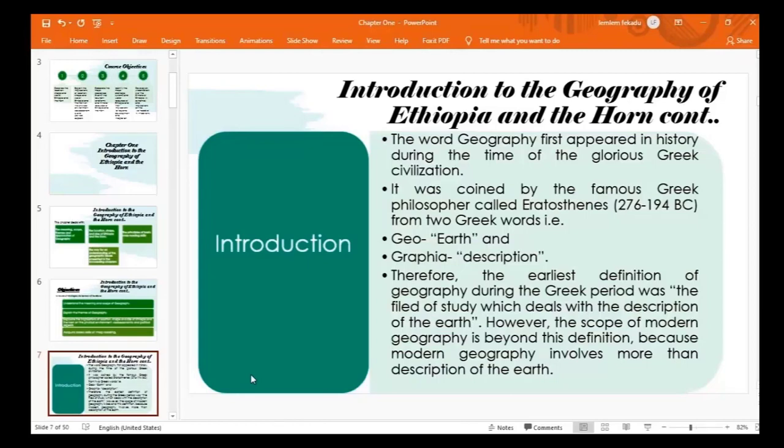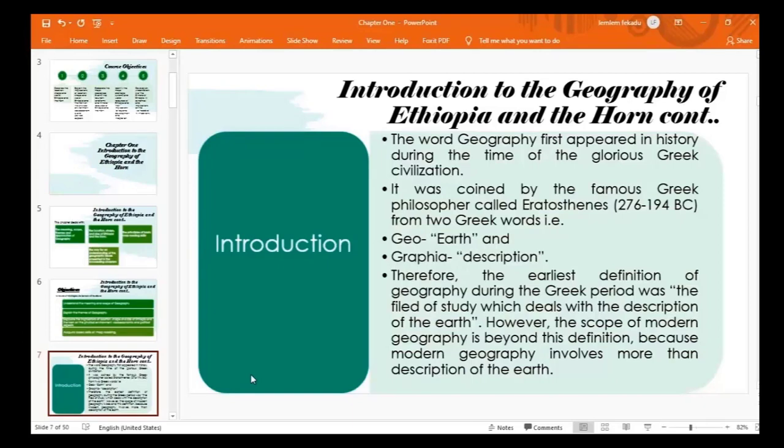Generally, geography is much more than place names and location, or beyond the description of the earth. It is the study of spatial variations of how and why things differ from place to place on the